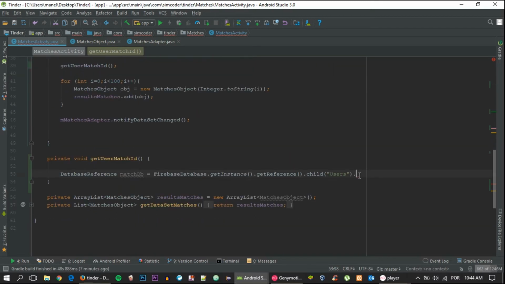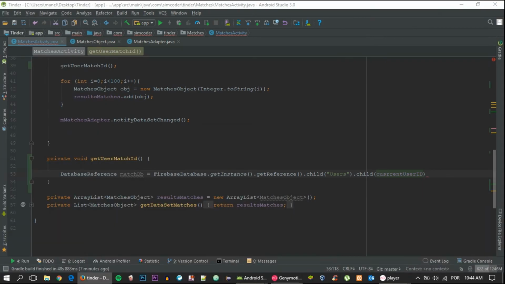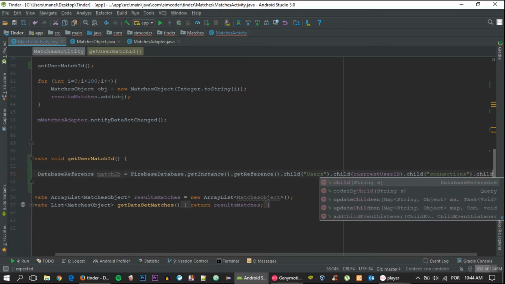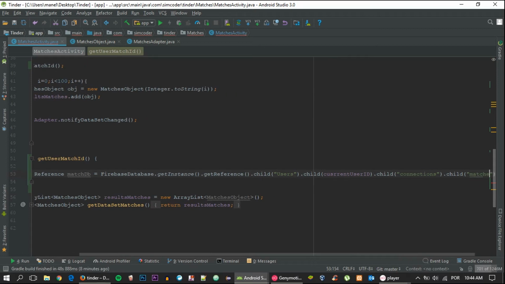And now just place the current user ID inside the next child, and I'm just going to revive your memory. It is users, user ID, connections, matches, and only then we are where we need to be. Dot child connections, and make sure you don't make any spelling mistake in here, otherwise it won't work, because it will try to find something that doesn't exist. So matches,